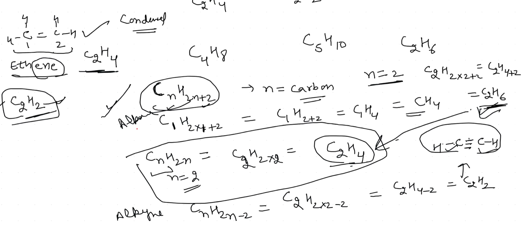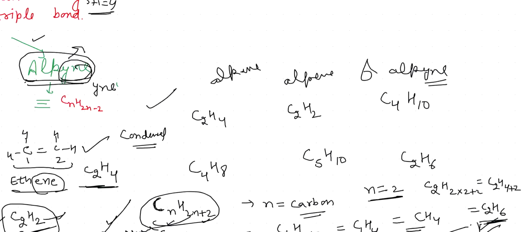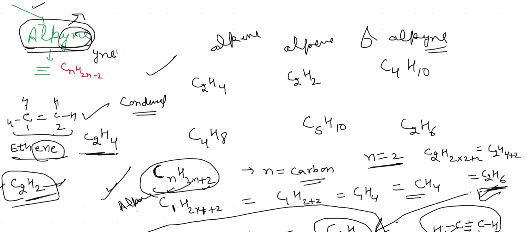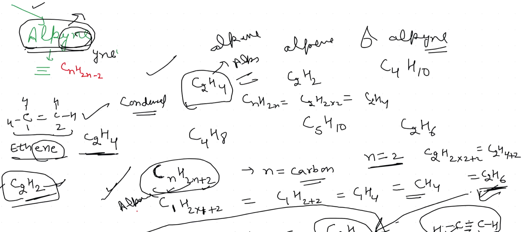So try these formulas. Look at this molecule, C2H4. It contains two carbons. If I put it in the second one, the formula for alkene, CnH2n, here C2H2 into 2, then it will give C2H4. Then the first structure is alkene. There is a double bond between carbon and carbon, and it is C2H4. We have done